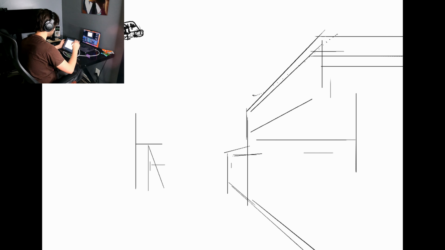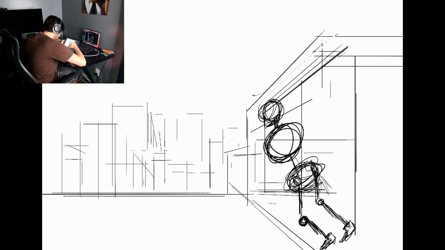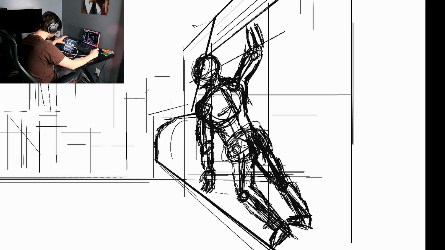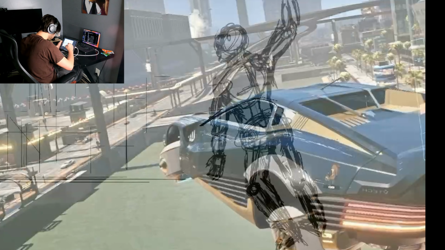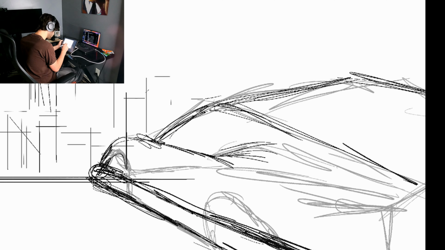With the first music, I immediately got this feeling of retrofuturism, so I knew from the start that some sort of cyberpunk look was going to be what I wanted to go for. I wanted the piece to be more dynamic, so I worked on the idea of a character hanging out of a flying car. I struggled getting the proportions right, so I ended up shifting the piece and letting the car